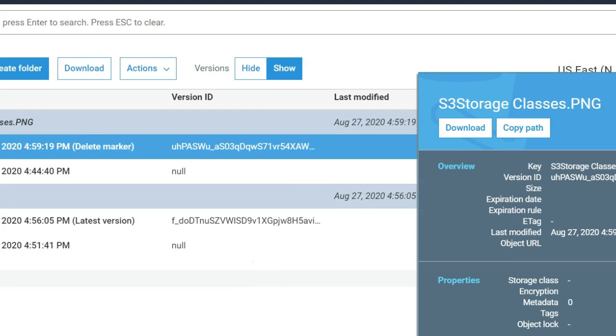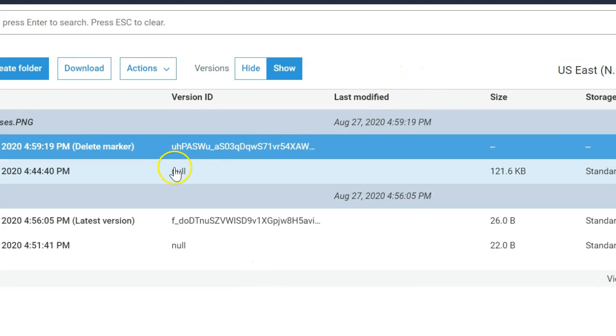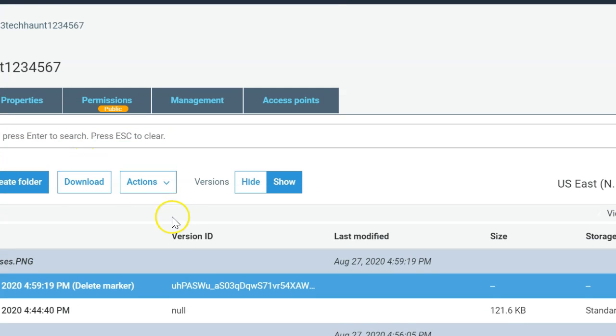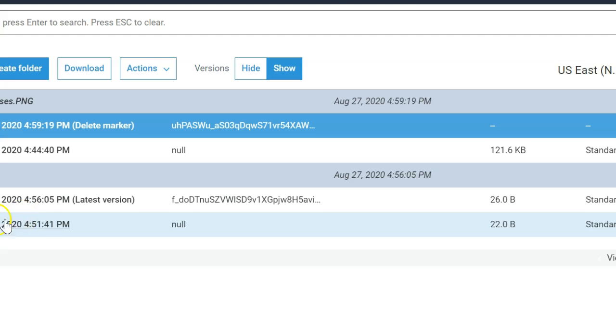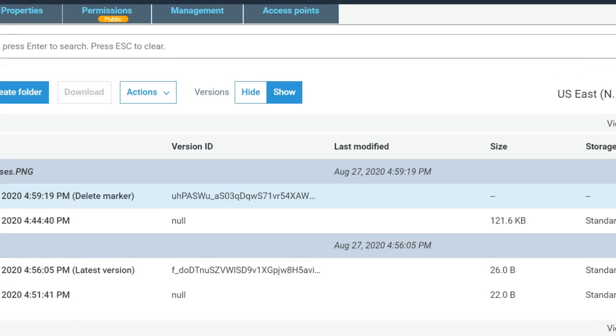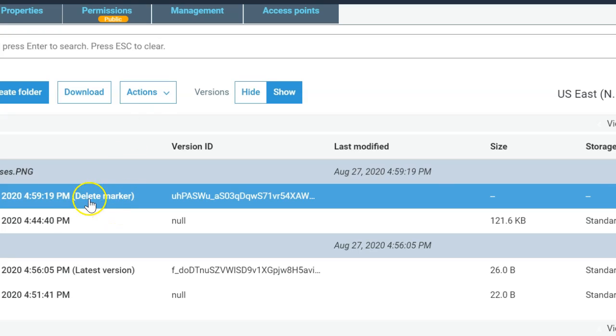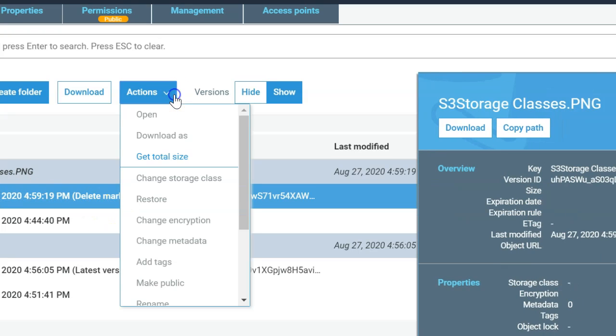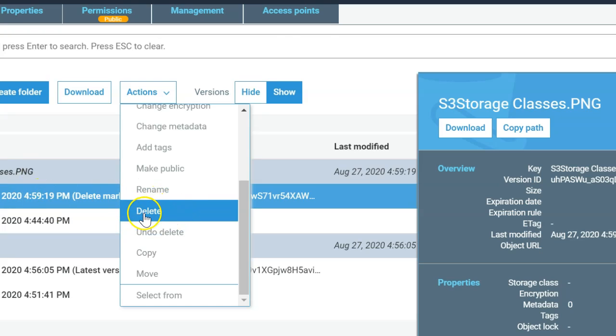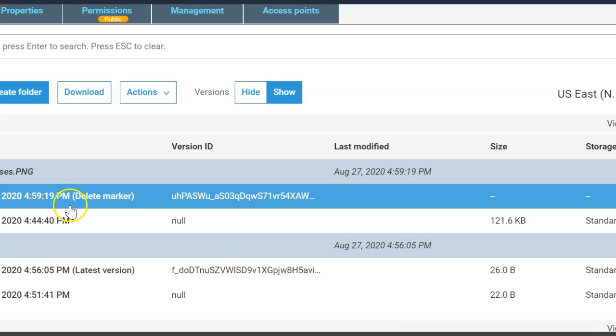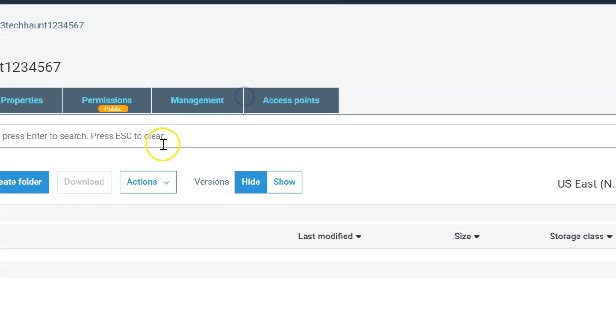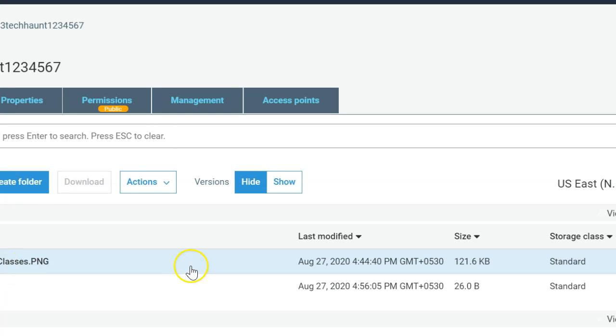And let's say you have to delete this file because, let's say, it's just a few KBs in size, but it's huge in size, and you have enabled the versioning. So you may have multiple copies of the files in your S3 bucket. Those are going to consume your space, and you are going to pay the money to AWS. So that's how you are going to delete. So you just need to select that particular file. To delete this delete marker file, that's going to restore your original file into your S3 bucket. So I'm just going to delete this delete marker. I've deleted it, it's going to be restored. So that's how you can restore the file.